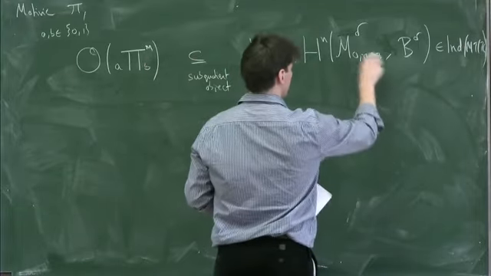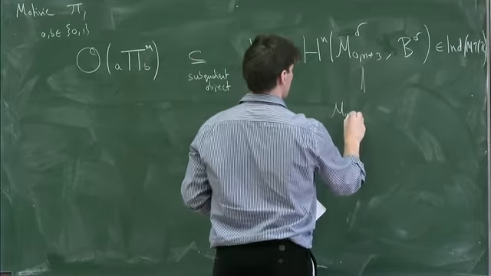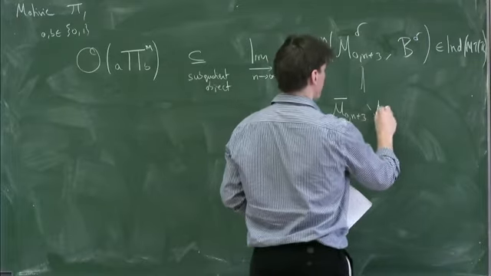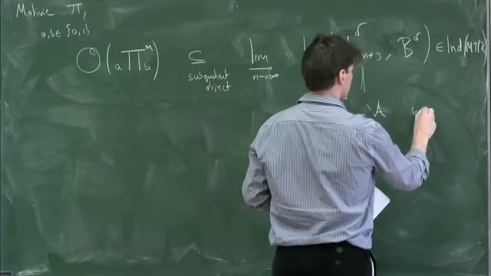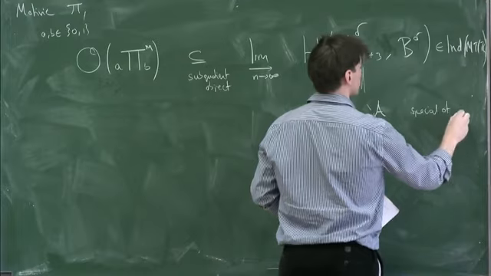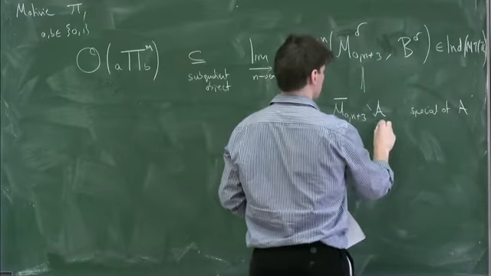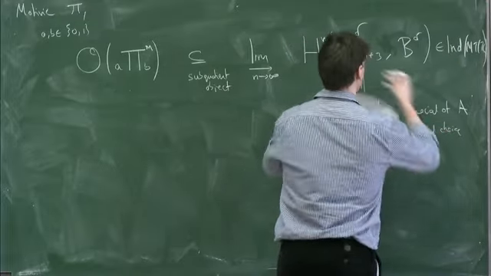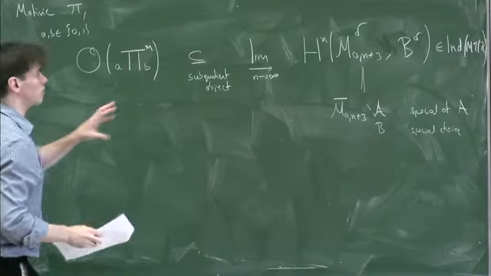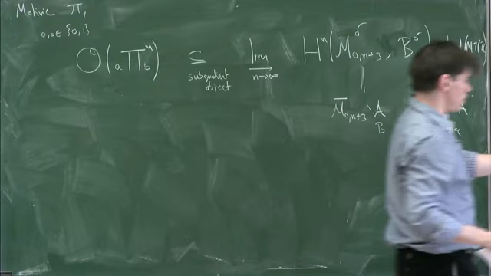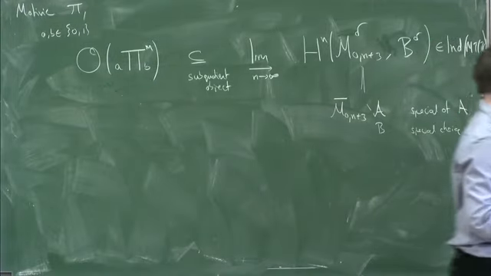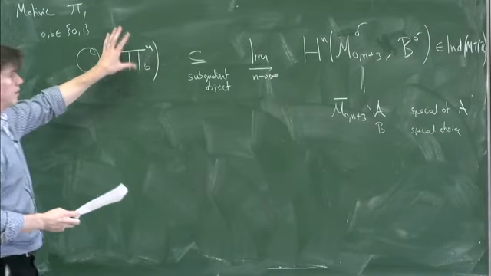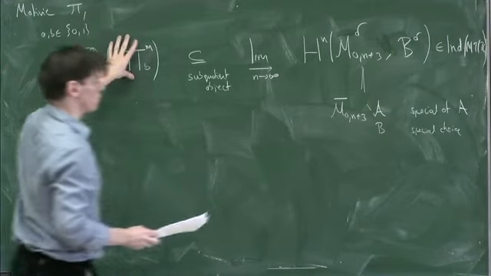And I claim that it's enough to take some very specific M0,n bar minus some very specific A. So a special choice, a universal choice of A, and B is some special choice as well. It only depends on n. So there's a way to write down some space that's some partial compactification of the moduli space. And its cohomology is enough to construct the fundamental group in one go.